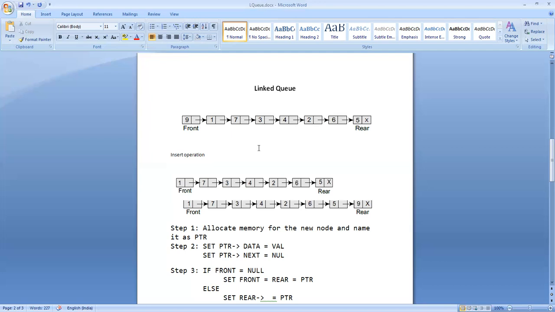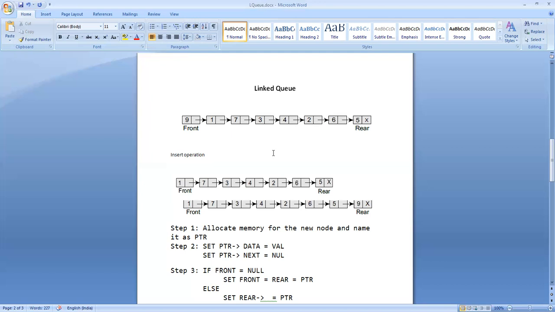Now, in this picture, you see an existing queue. When a queue exists, the front is pointing to the first element of the queue, and rear is pointing to the last element of the queue. And supposing the queue is empty, what would the pointers front and rear point to? They don't have any element to point to. So the front and the rear pointers will be pointing to null. So how do you know whether the queue is empty? If front and rear are pointing to null, we can say the queue is empty.